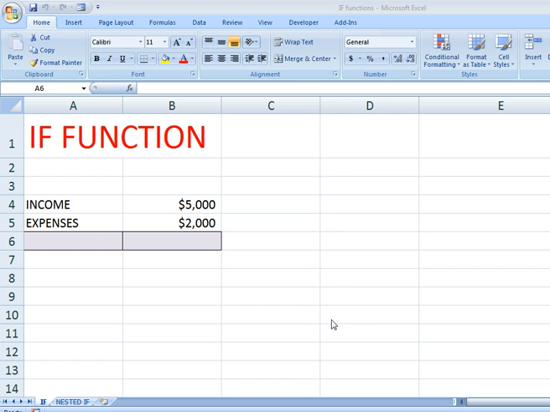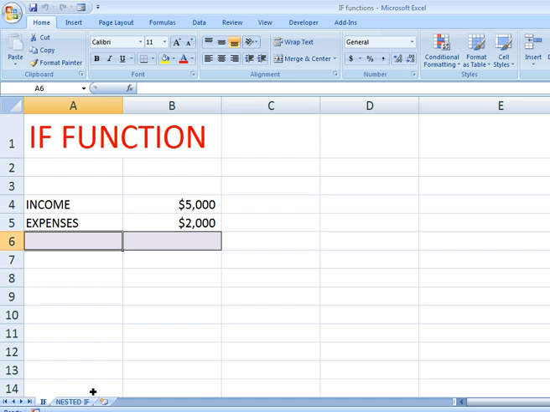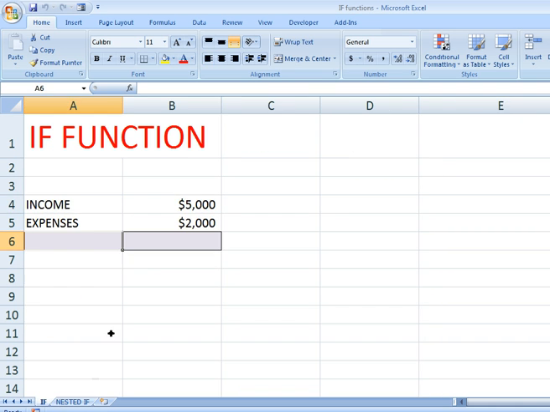Today we are going to learn IF and nested IF. Actually, in Excel, nested IF is nothing but a more complicated version of IF, so people have given it the name nested IF. When two or more IF conditions are involved, it is called a nested IF function. Let's start with the IF function, a very cool function in Excel.